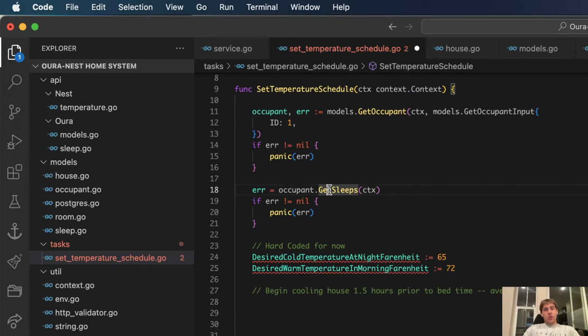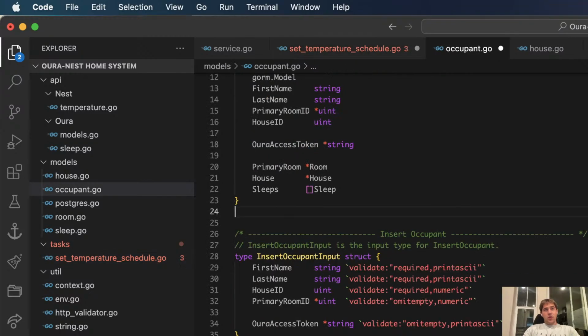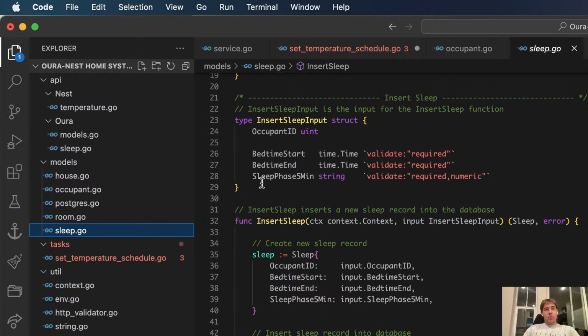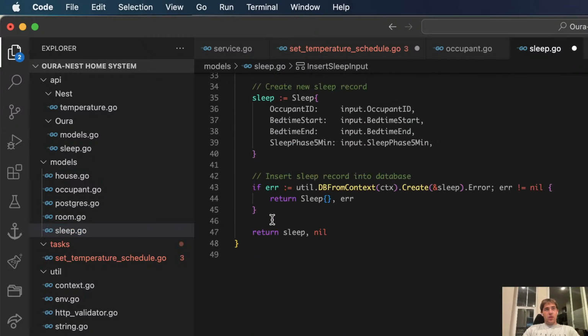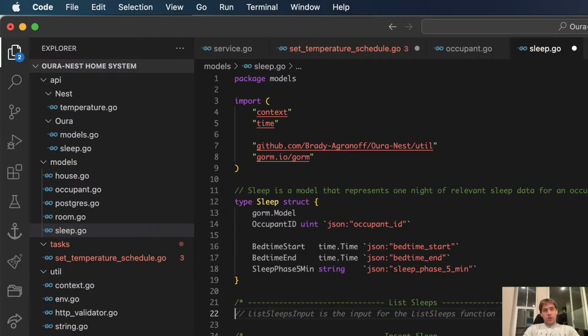What I'm actually going to do, I actually don't want to do this. I'm going to get rid of this. Then I'm going to go to sleep, and at the top here, I'll have a list sleeps function.